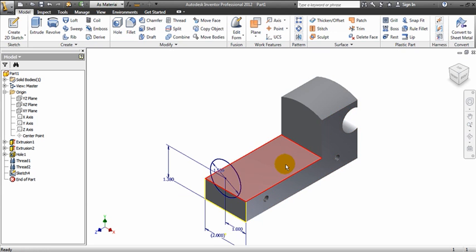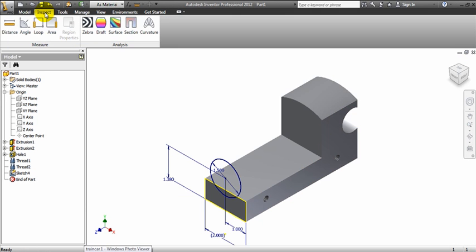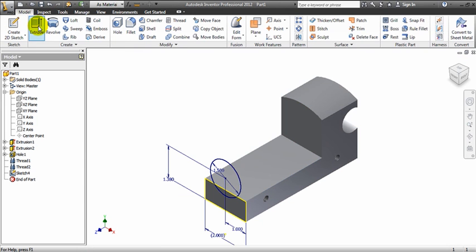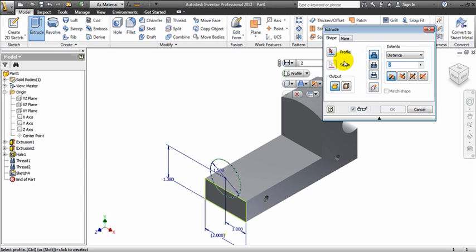Now, the distance right here of this line, we can figure out by looking in our drawing. I can also hit Inspect up here at the top and go to Distance. I'm going to click this line. It tells me it's 3.75 inches long. That's how long I have to make my extrusion. So I'm going to go to Model, go to Extrude, 3.75